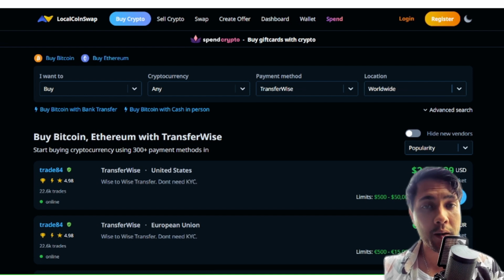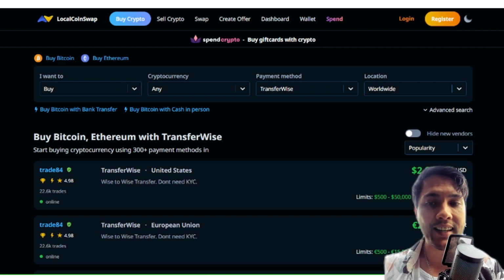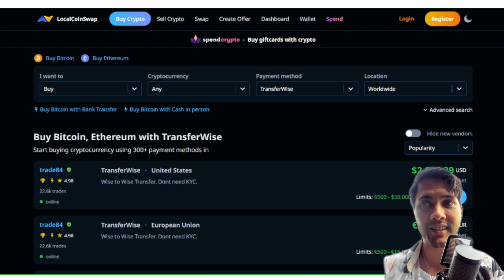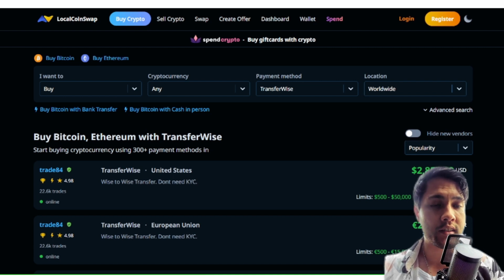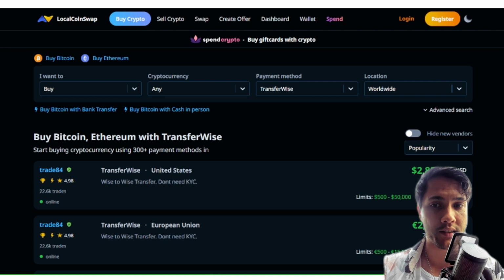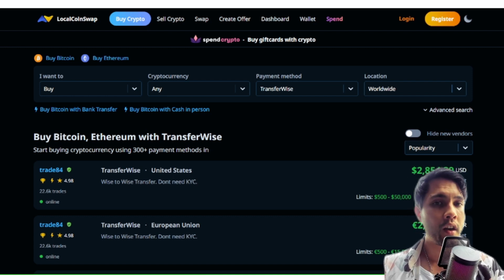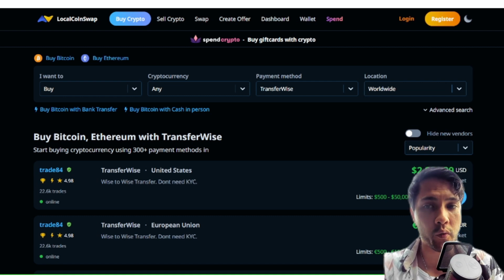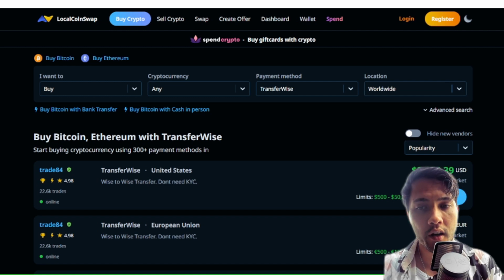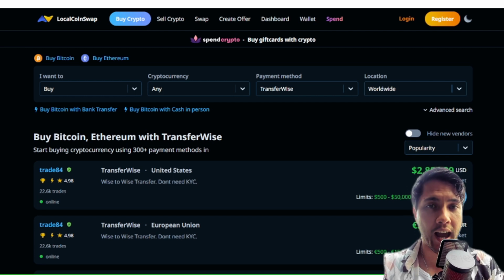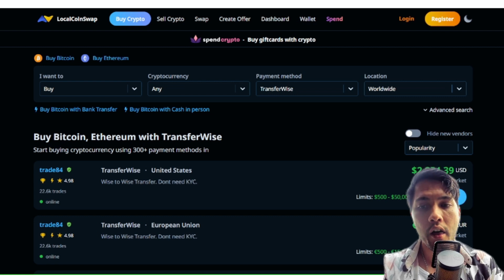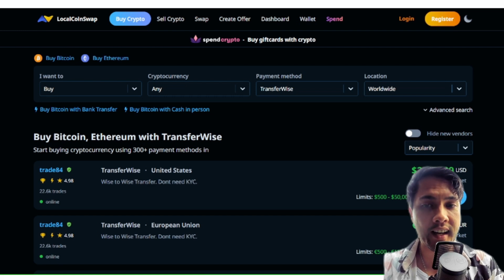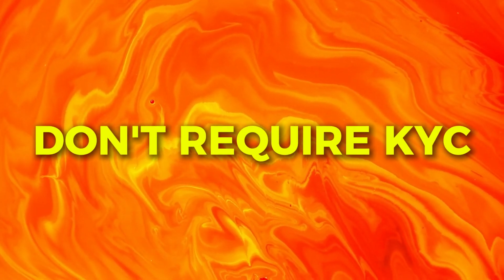But on a P2P cryptocurrency platform, these sellers can provide all kinds of payment methods they can accept that wouldn't be afforded on regular centralized exchanges. There are hundreds of different payment methods out there: TransferWise, Revolut, whatever, right? Payment in cash, that's something you can explore when you're dealing with these P2P platforms. What's awesome is that as long as you find a payment method that you can actually deal in, which is very specific to the country that you live in, whatever situation you have, then you can deal with these sellers. And most of them, the majority of them, don't require KYC.